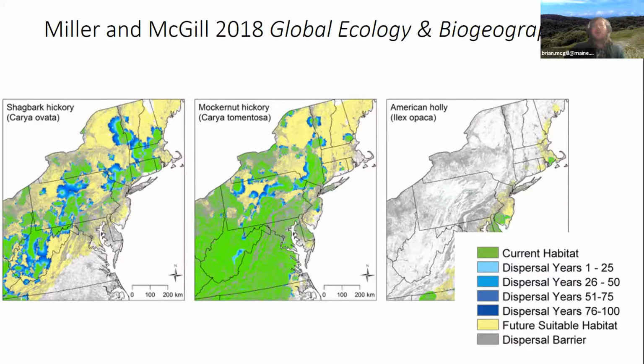And what this graph is showing, the three species, if you can't read them, are shagbark hickory, mockernut hickory, and American holly. These are all species found in southern New England that just make their way into Maine, but are not particularly Maine species right now, but should be in Maine 50 years from now,